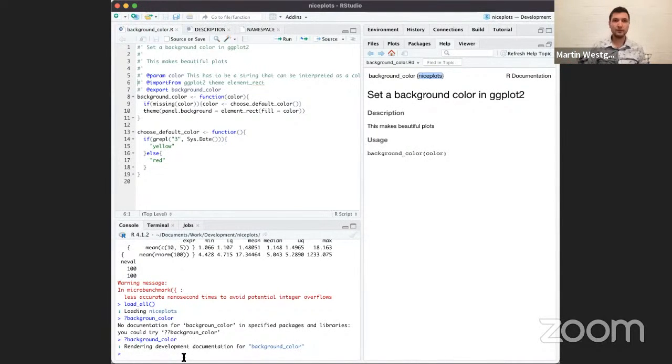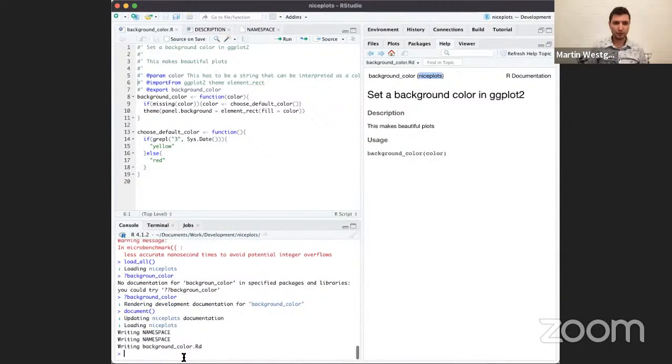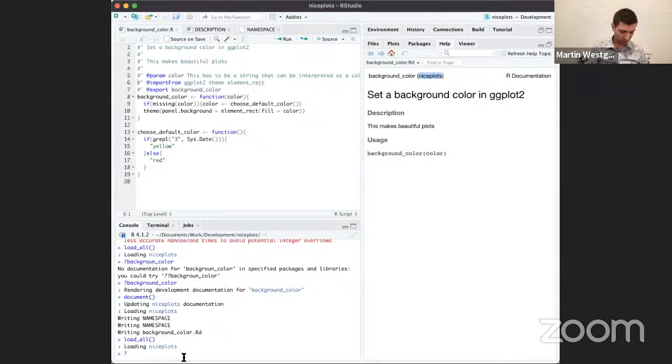But just to show, I'm going to keep doing the same workflow, I literally do this every time. Document to build your documentation, load all to make sure it's in your workspace, and then you can check your